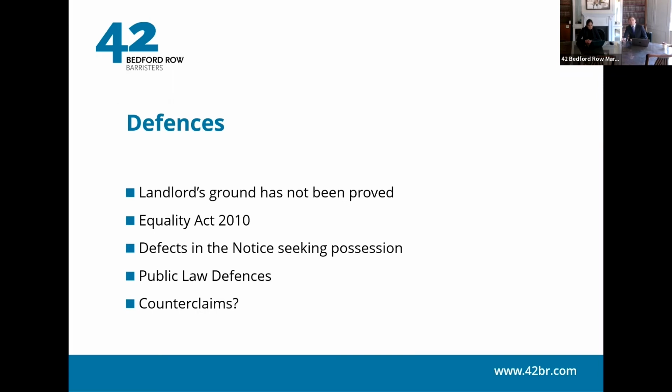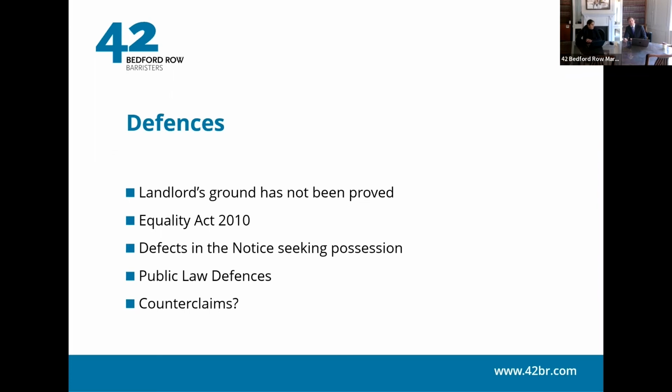And suddenly, even though you issued the claim 6 months ago, you're going to turn up at court and find out that CPR 55.5 is in play, the tenant only received the claim form 2 weeks ago, and the hearing potentially has to be adjourned, or you've got to make an application to shorten the time period for compliance. Just in relation to that particular defence, an obvious way forwards is to ask the court to serve the claim form, and then also to serve it yourself and have evidence of service. You will circumvent it. But it's an example of a technical defence that you just need to be alive to,